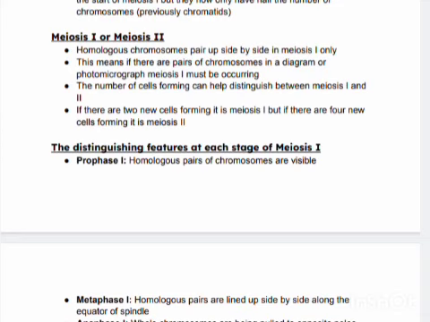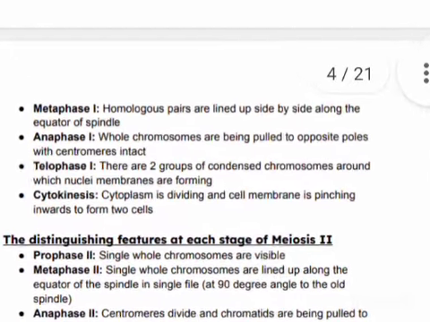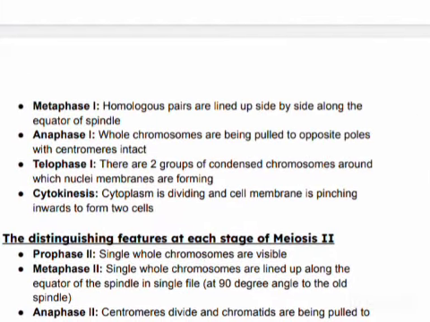In telophase 1, there are two groups of condensed chromosomes around which nuclear membranes are forming. In cytokinesis, the cytoplasm is dividing and the cell membrane is pinching inwards to form two cells. In prophase 2, we can see single whole chromosomes, not homologous pairs. In metaphase 2, we have the whole chromosomes lined up along the equator of the spindle,